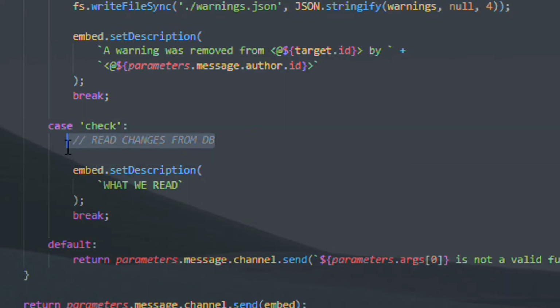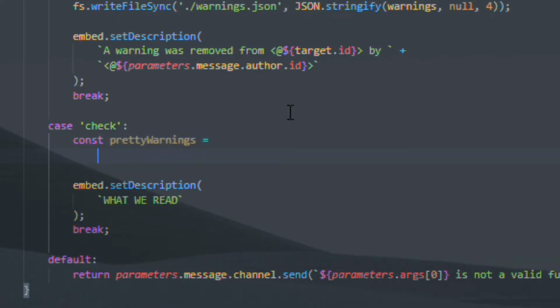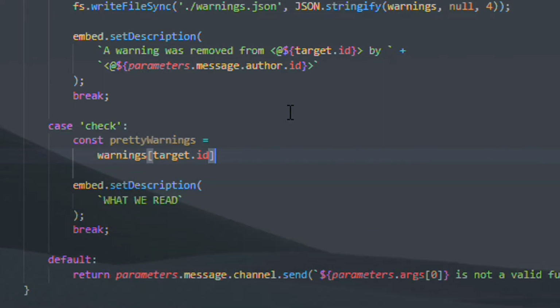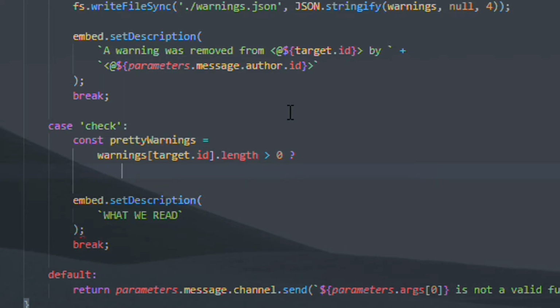So over here at the check case, I want to create a new array called prettyWarnings. This will pretty print the warnings array of the target, so it actually makes it readable for the user. So if someone doesn't have warnings, it will just say this user has no warnings. But if he does, so if prettyWarnings, if warnings target id.length is greater than 0, what we're going to do is display